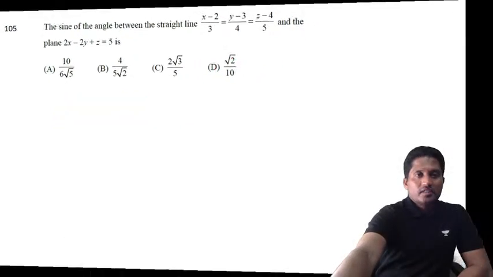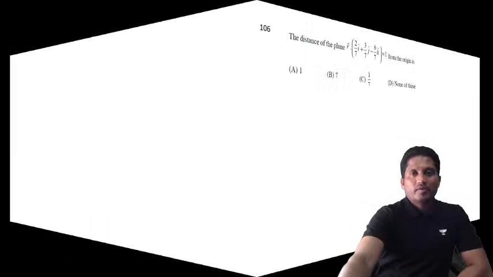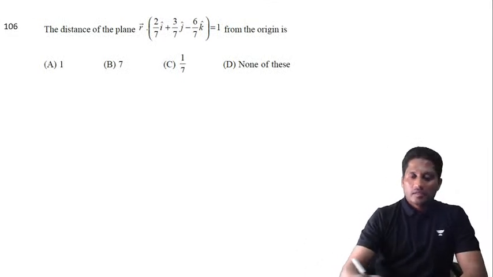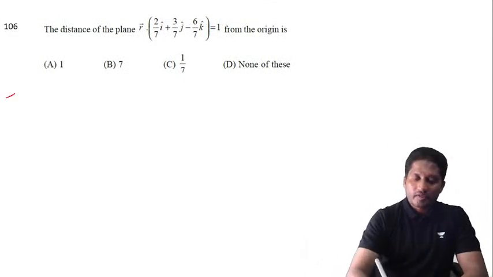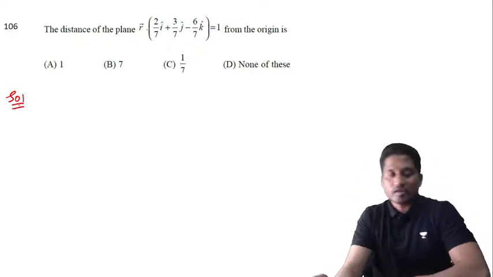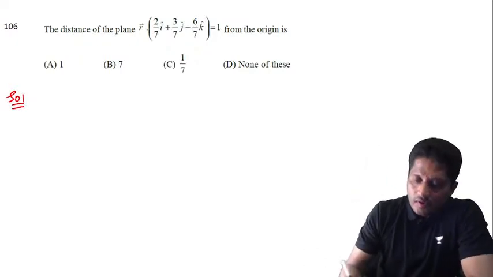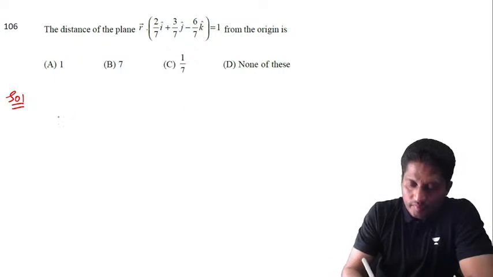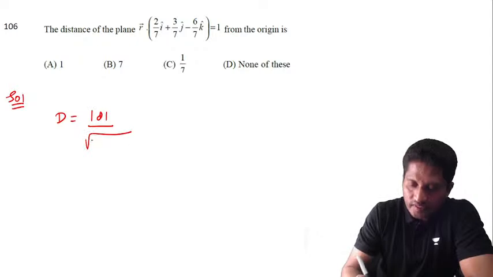Let's move to the next question. Question number 106. The distance of a point from the origin. Now distance of the point from the origin will be equal to d divided by root of a square plus b square plus c